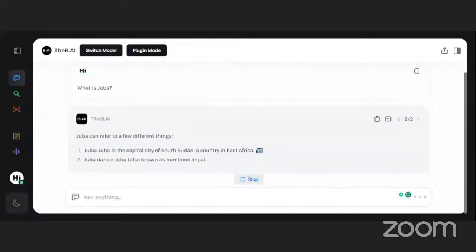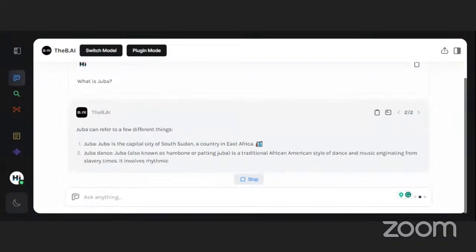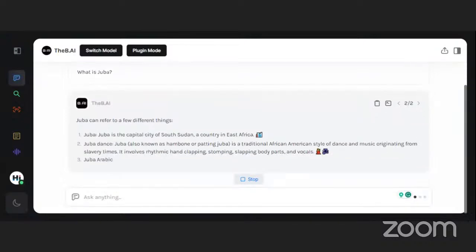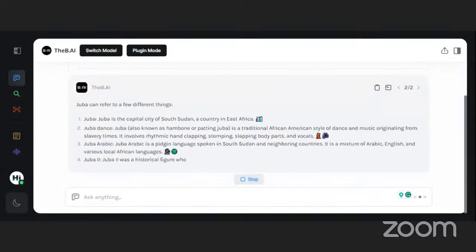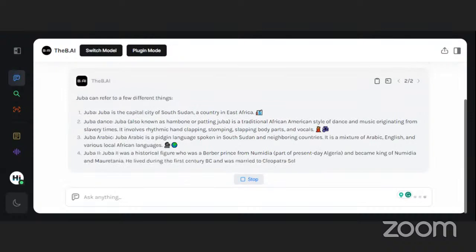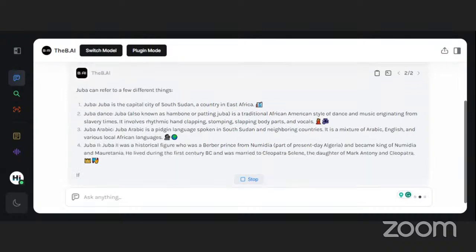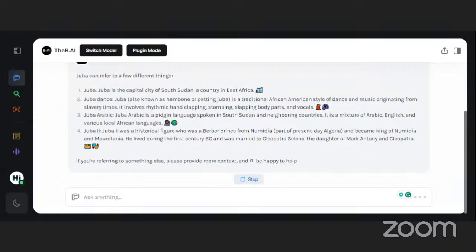One, Juba is the capital of South Sudan, a country in East Africa. Juba Arabic is a pidgin language spoken in South Sudan and neighboring countries. It's a mixture of Arabic, English, and various local African languages. You see? So it just gives you a few responses that can give you context.